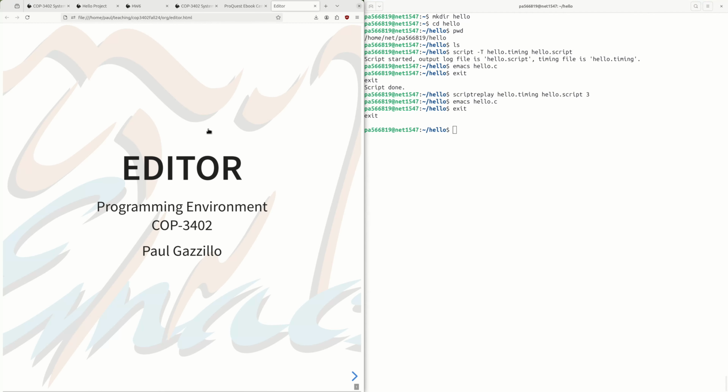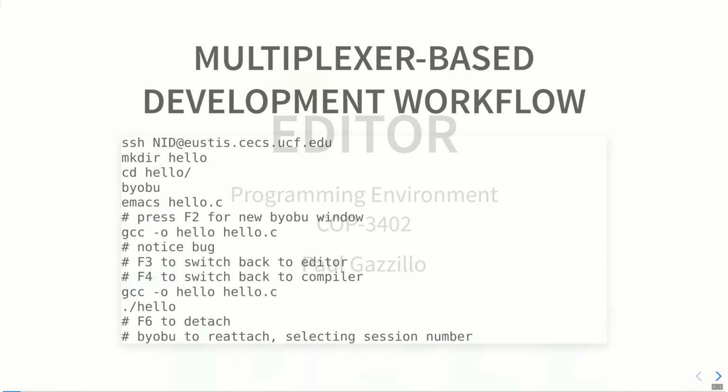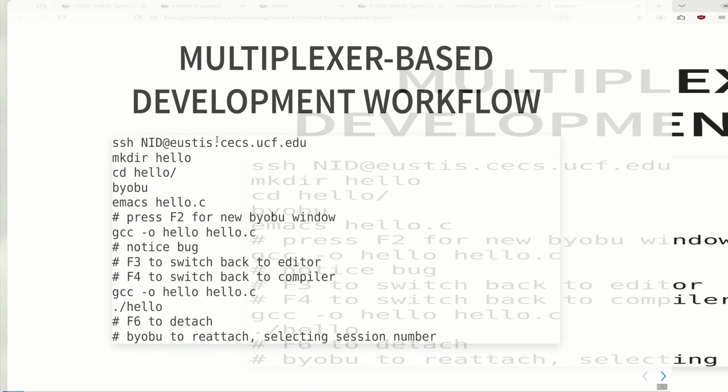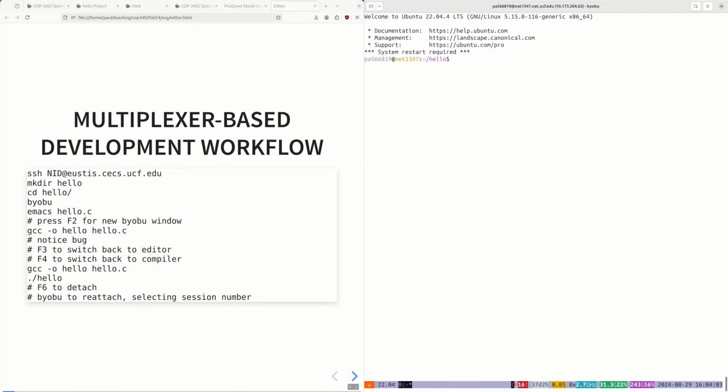Okay, so let's get started learning about our editor, one of the key parts of our programming environment. So the first thing I'd like to go over is a development workflow that should make it a little easier to use the command line. We talked about terminal multiplexers last time when we went into advanced uses of processes. And if you recall, a multiplexer is a tool that will let you create multiple bash windows or terminal windows,